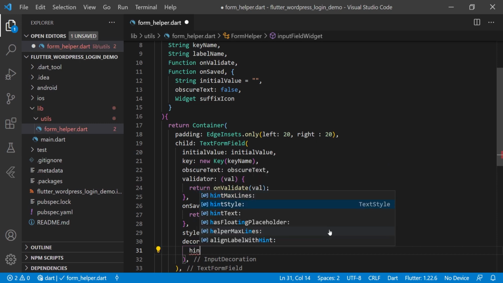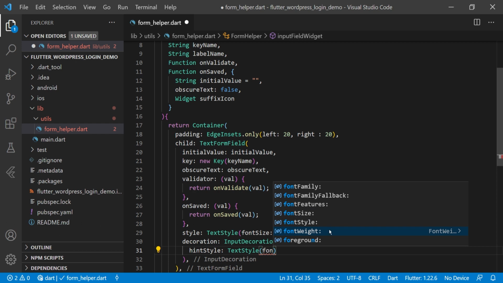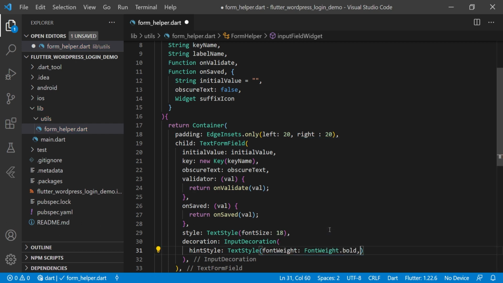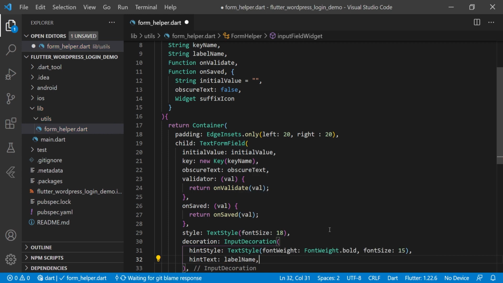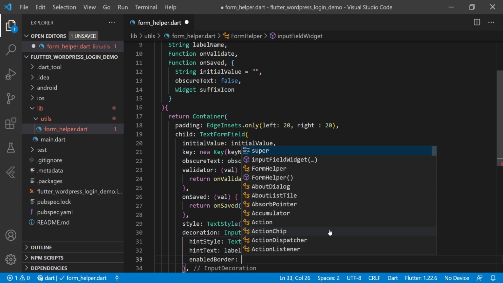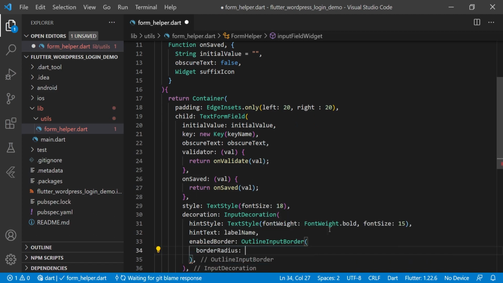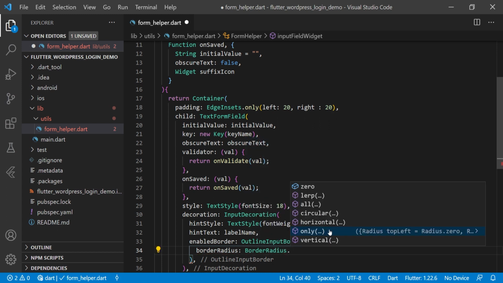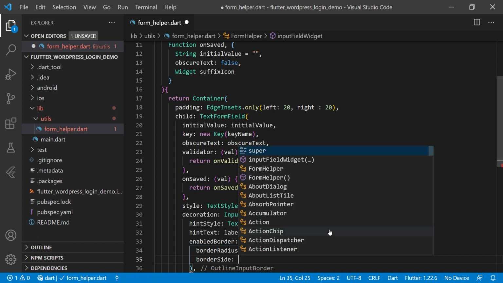and here we will have hintStyle, and we are using here TextStyle, font weight we are using here FontWeight.bold. Then we have the font size here, and we are using here 15. And then we have the hintText, and we are mapping it with the label name. And then we have to enable the borders here, and we will pass here enabledBorder, and here we are using OutlineInputBorder, and here we are using the borderRadius, BorderRadius.circular, and we are passing here 30. Then we have the borderSide here,